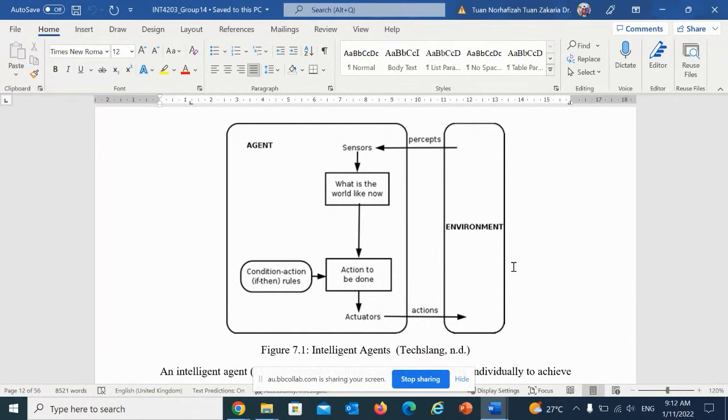If your system can adopt an intelligent agent, then explain. If not, then explain why not. There is no exact answer. It can be yes or no, just explain why.